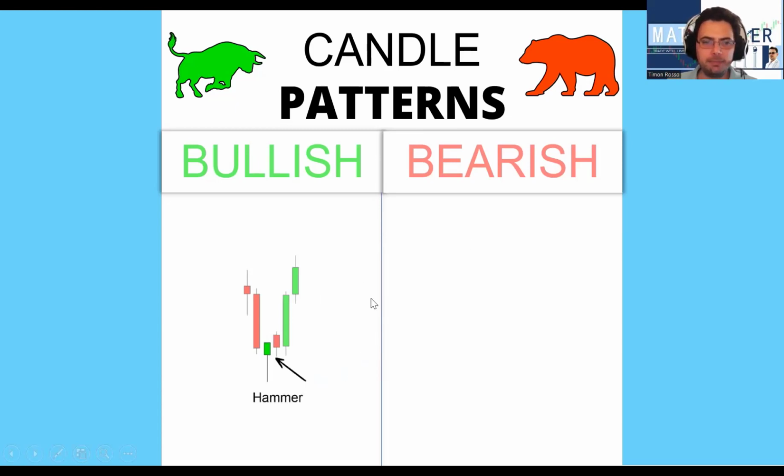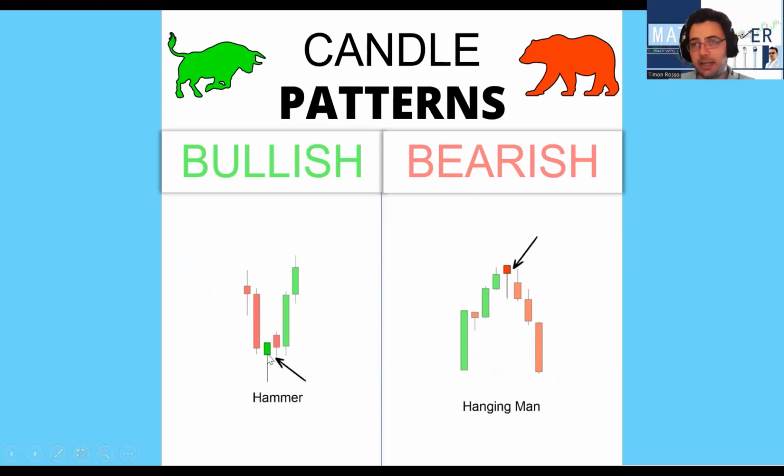Then we have a hammer and we have a hanging man. So a hammer is in relation to quite a few candles where the market's coming down at a certain rate, and then a hammer forms, which, as I explained to you earlier, there was a bullish hammer and bearish hammer. In this case, it's a bullish hammer, which indicates that the price was testing the selling, was testing the supply, and then the market moved up, and it closed at the high price, which means that there can be upside to come. Now, these type of candle patterns are amazing for intraday traders if you're looking to trade price action and how candles work.